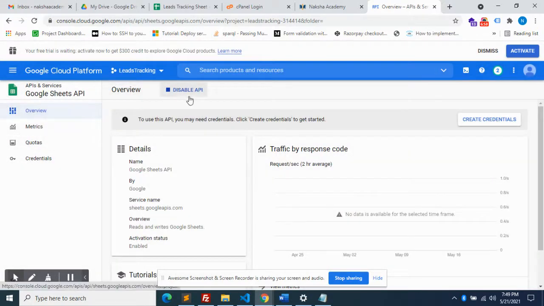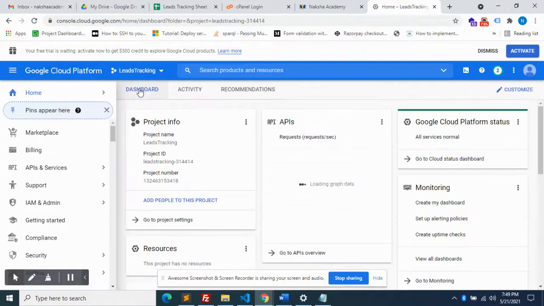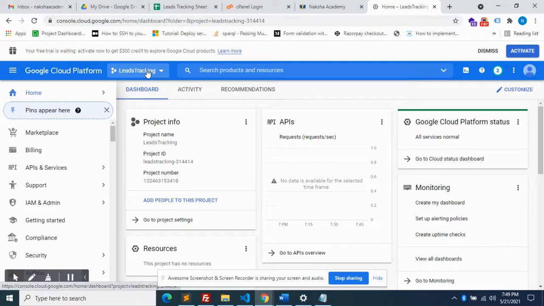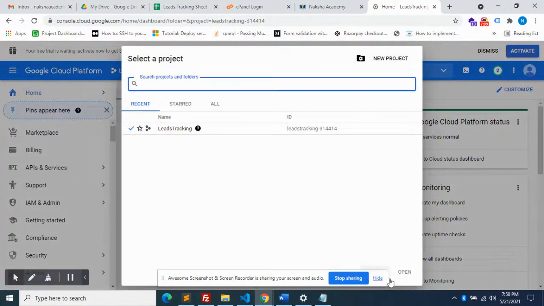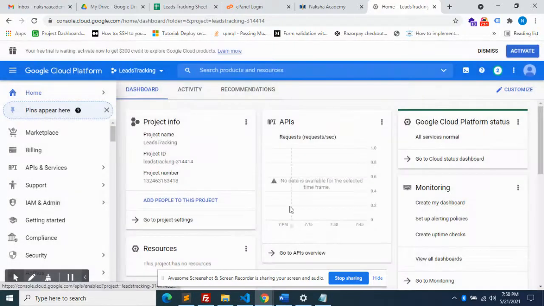Now we'll enable the other API, the Google Drive API. For that, go to the home dashboard, where you are in your project name. Go to the API overview.